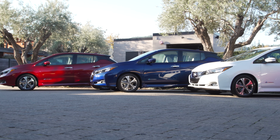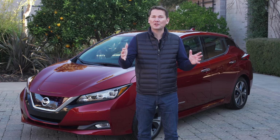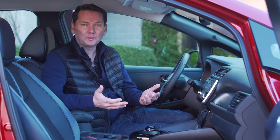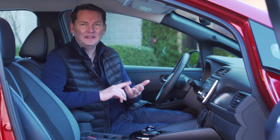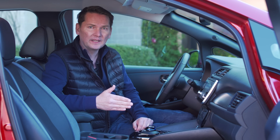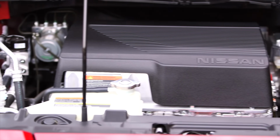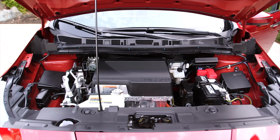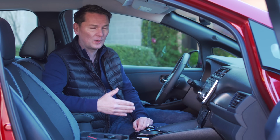So let's get inside. I'll tell you about some great standard features, especially for the Canadian market, and then we'll take it for a drive. So in Canada, there's the three trim levels. You get the S, the SV, and the SL. I'm sitting in the SL with the leather seats, and that's right around $42,000. But some good news for people who want to get into an electric car, don't want to break the bank. This car has a solid range of 241 kilometers, and for roughly $36,000, you get a nicely equipped car, especially